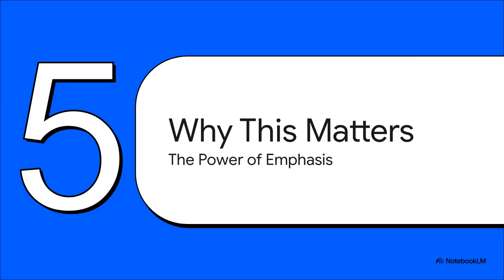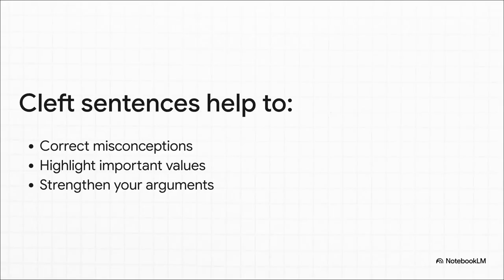So why are we spending all this time on these? Why does this really matter? Well, it's not just about sounding more advanced. This is about being a clearer, more persuasive, and more effective communicator, especially when you're talking about things you care about. When you use these structures, you're really in the driver's seat of the conversation. You can correct someone politely but firmly by saying, "No, what I meant was," you can really shine a light on your values. For me, it's honesty that matters most. And you just sound more confident because your arguments are clearer and more focused.